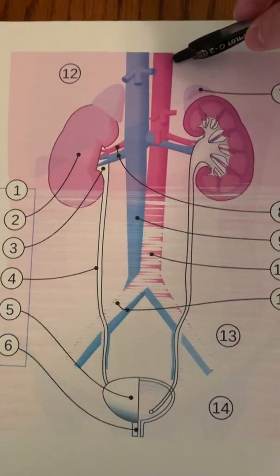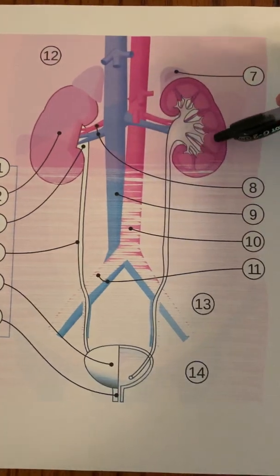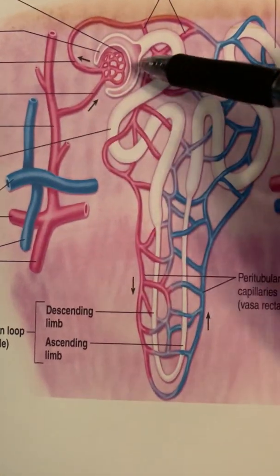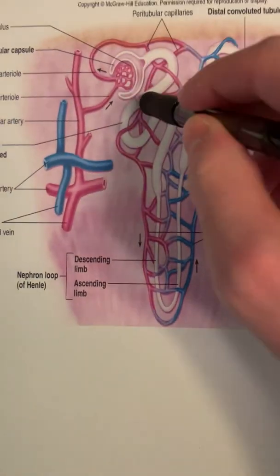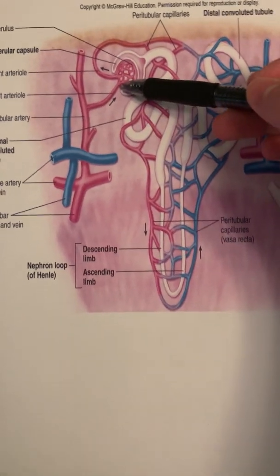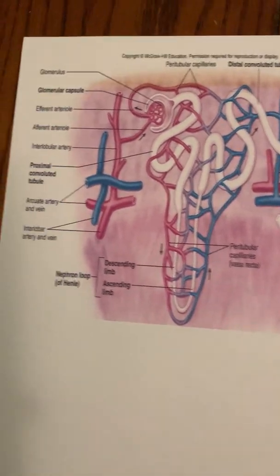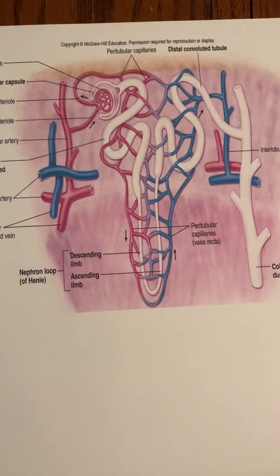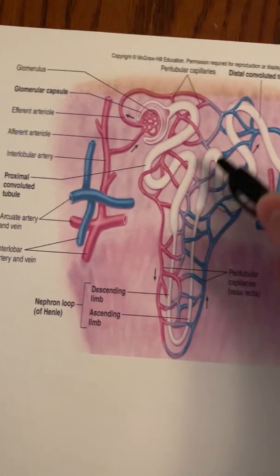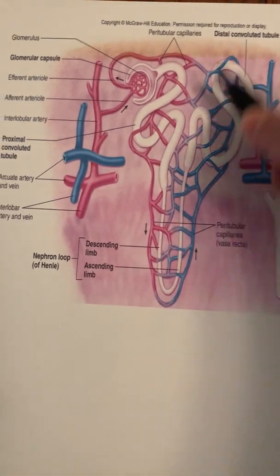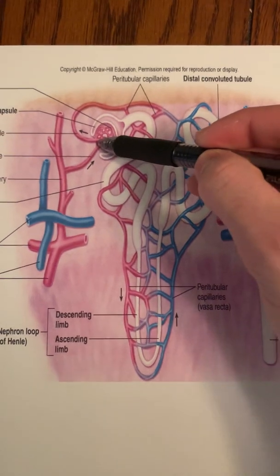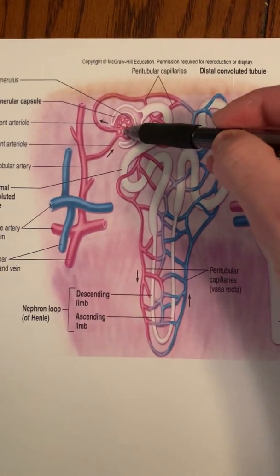So here in an artery, the blood enters the kidney, right, and then it arrives to the glomerulus or glomerulus capsule via afferent arterioles. Once it enters the kidney, after it arrives via the afferent arterioles, which are coming at it, the filtrate then enters the